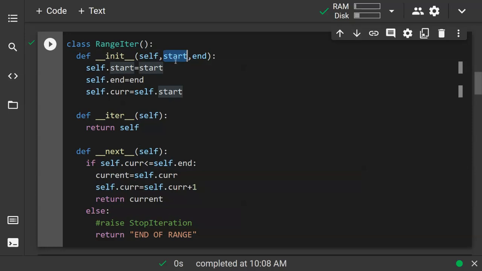And for this particular object, we have a starting point and also an end point. So self.start is equal to start, self.end is equal to end, which accept the two input arguments. And also we have the current index to keep track of where we are, because when we hit the end point, we will return an end of range message, right? And this is a bit unique to the iterator